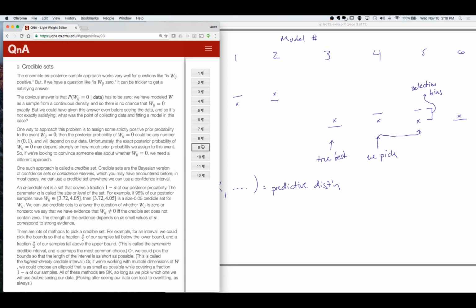So far we've been talking about questions that have binary answers, like, is Wij positive, right? Now, we might want to know what is the exact value of Wij, or if we want to keep the question to yes or no, we could ask, is it 0 or not? And that can be a little bit trickier to get a satisfying answer,